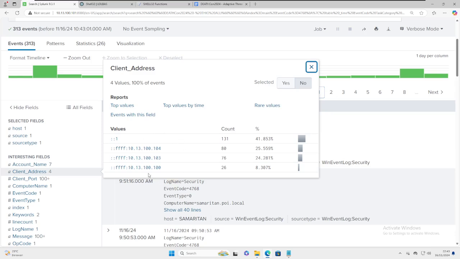So here is the information: there are only 26 for the suspicious or malicious threat actor address, then 76 for the victim address, and also 80 for the 104, which, as last informed, is the new victim address.